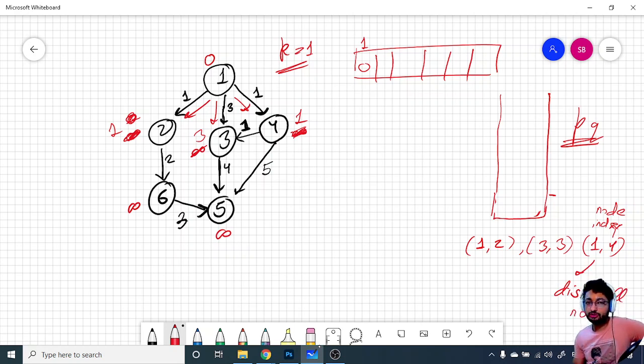Now we have to choose the minimum distance till now. So you can choose this one. If I choose this one, because this is obviously perfectly fine, we cannot take a shorter route than that. So let's take this node, and this is fixed. The distance of 2 is actually 1.